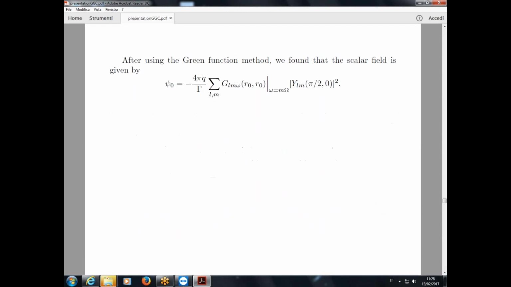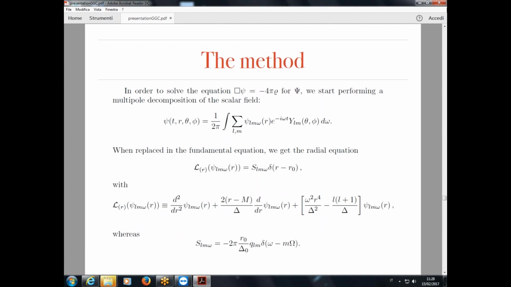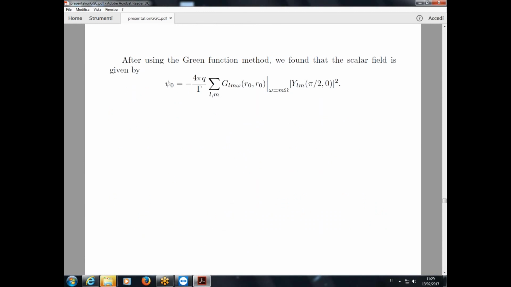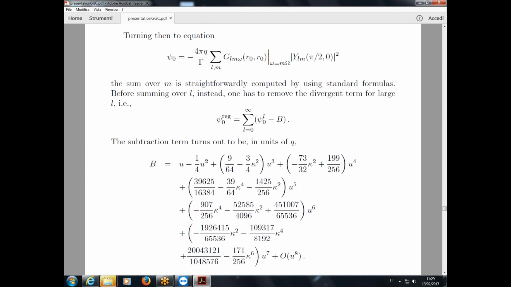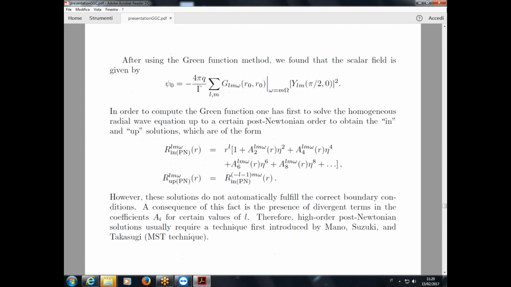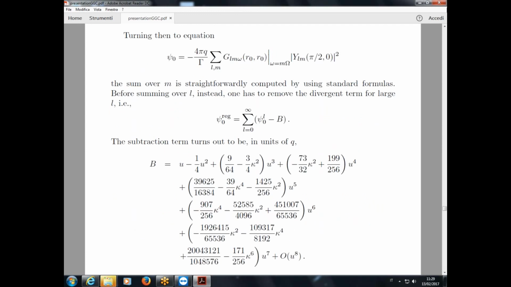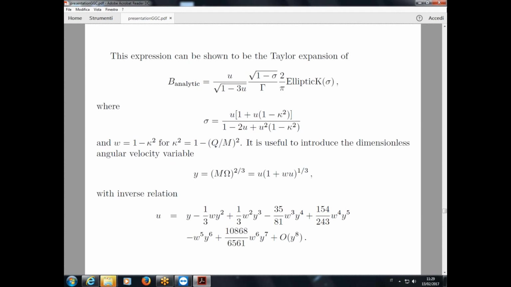So the idea is to express the solutions of this radial equation, given in terms of Heun functions, as an infinite series of hypergeometric functions satisfying a recurrence relation, and you need to find the coefficients of this sum. I'm not going to talk about this, but in the end, when you do this, you get your C, but then you need to remove this singular term